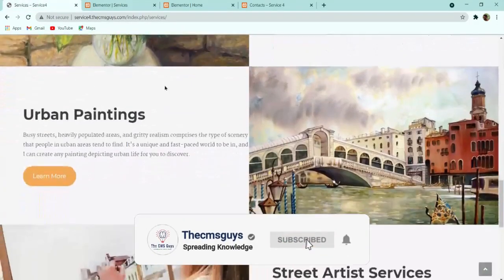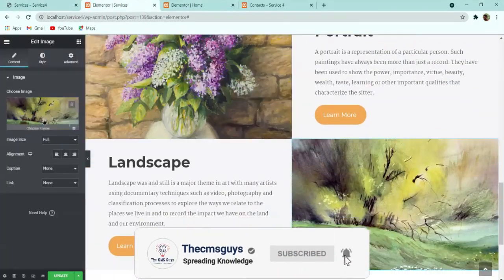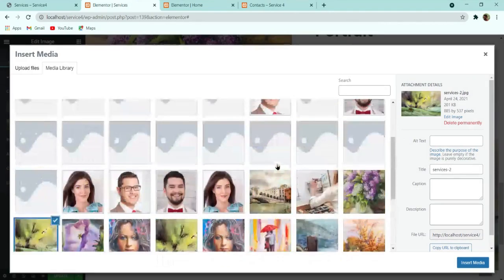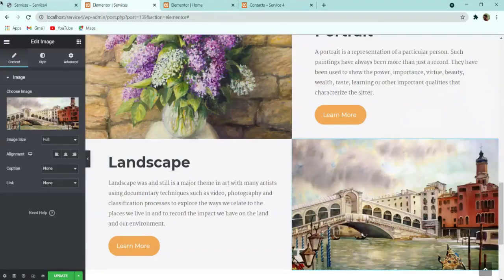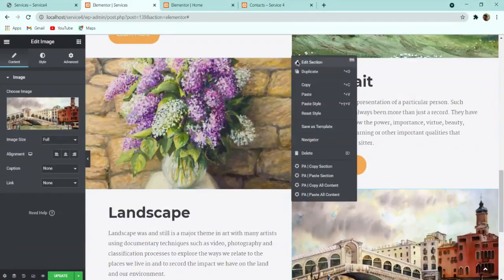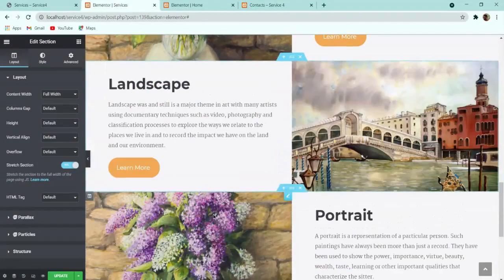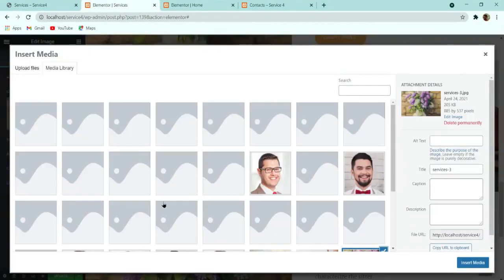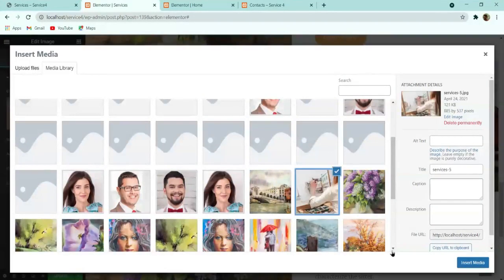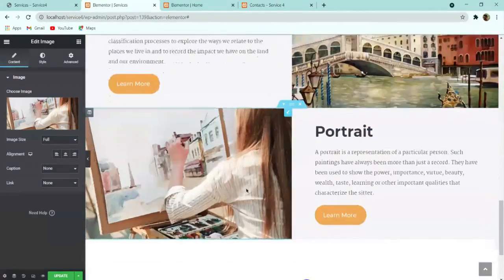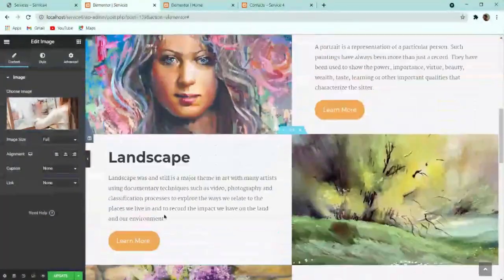And similarly here I have to select that building image. So let me select that building image. And now here you can see that this one is the portrait. So what I can do is I can duplicate this, and let me drag it to the top, and here you can select that image, this one. With this, here you can see that this section is almost completed.